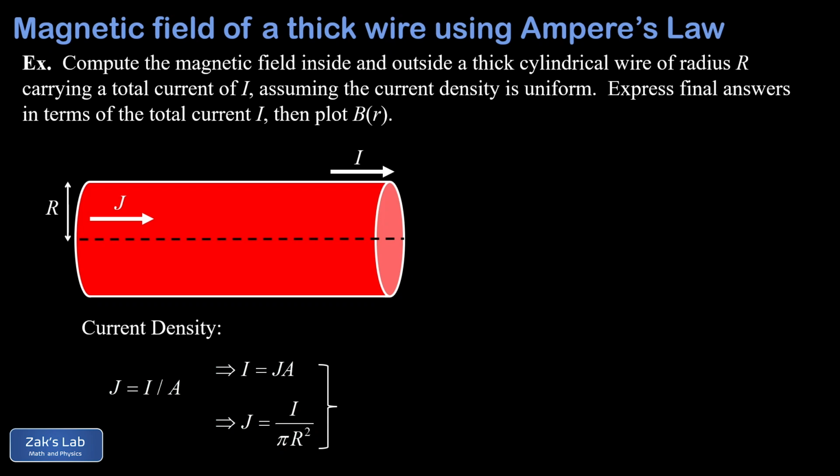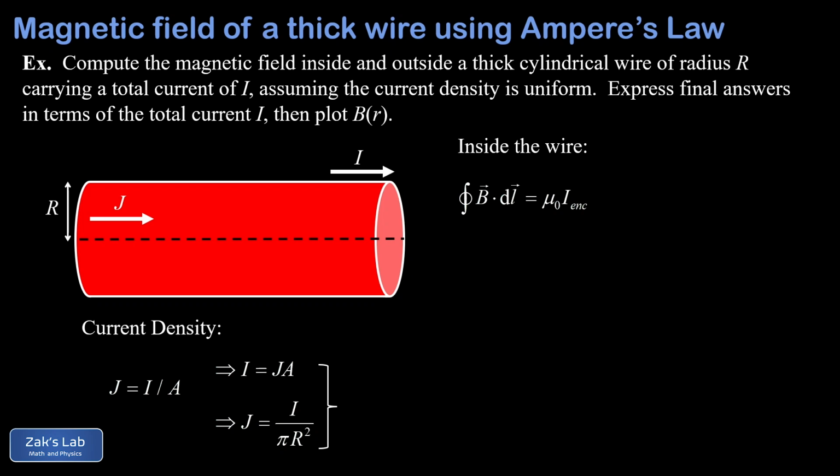So now we're ready to get started with Ampere's law inside the wire. So there's Ampere's law telling us that the path integral of B dotted into dl on a closed loop is equal to mu naught times the enclosed current passing through a surface defined by that loop. And I'll post a link at the top to where Ampere's law was first derived. But to make Ampere's law useful, we need a special loop called an Amperian loop, along which the path integral is trivial to compute, meaning B is parallel to the path increments dl, and the magnitude of B is constant